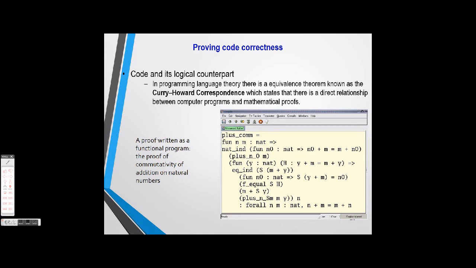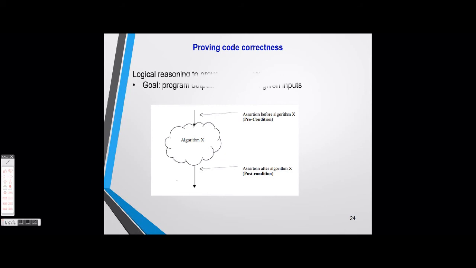So if you've taken Dr. Rigotti's programming languages classes, which is another class I really recommend, we learned a little bit about something called the Curry-Howard correspondence. And this is like an equivalence theorem that states that there's a direct relationship between computer programs and mathematical proofs. So you see right below this is the proof of commutativity of addition on natural numbers, written as, I think this is SML, so a functional programming language. But essentially, this is a proof, a mathematical proof, that is written as a programming